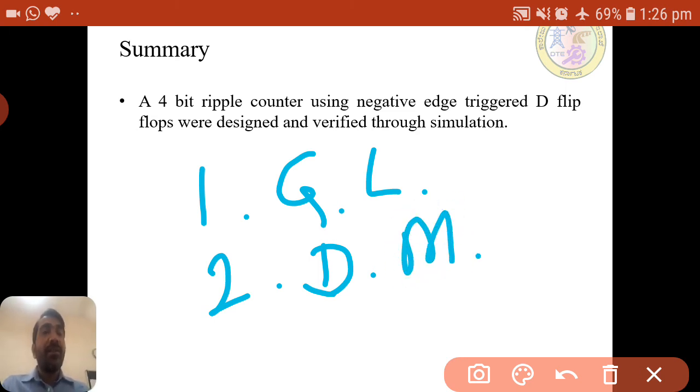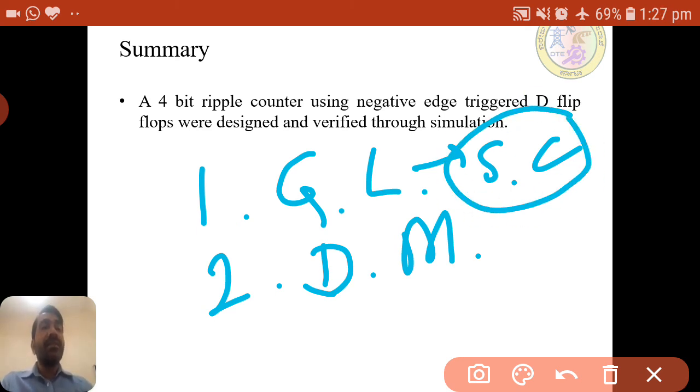As a summary of the last session of module 3, gate level modeling is used for smaller circuits, maybe some 10 gates or 20 gates. If the circuit is very small and we can draw the logic circuit manually, then directly we can use gate level modeling.